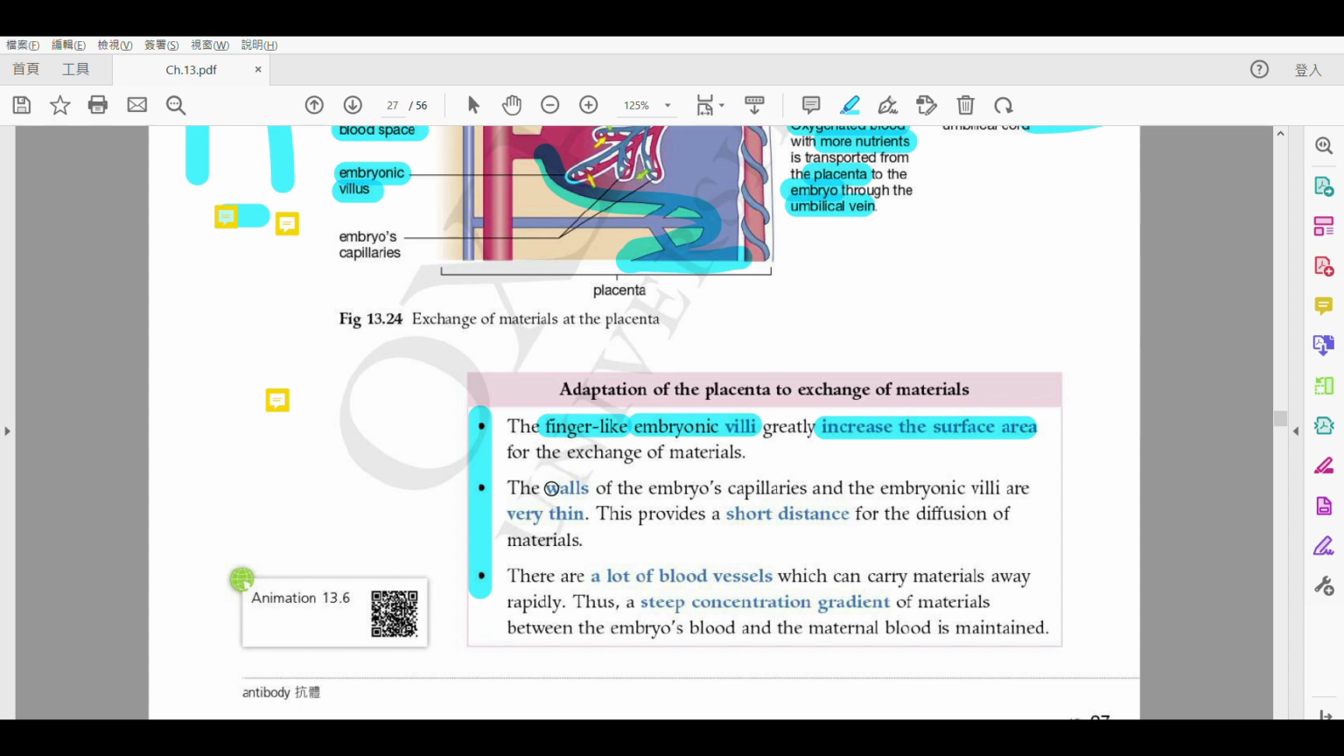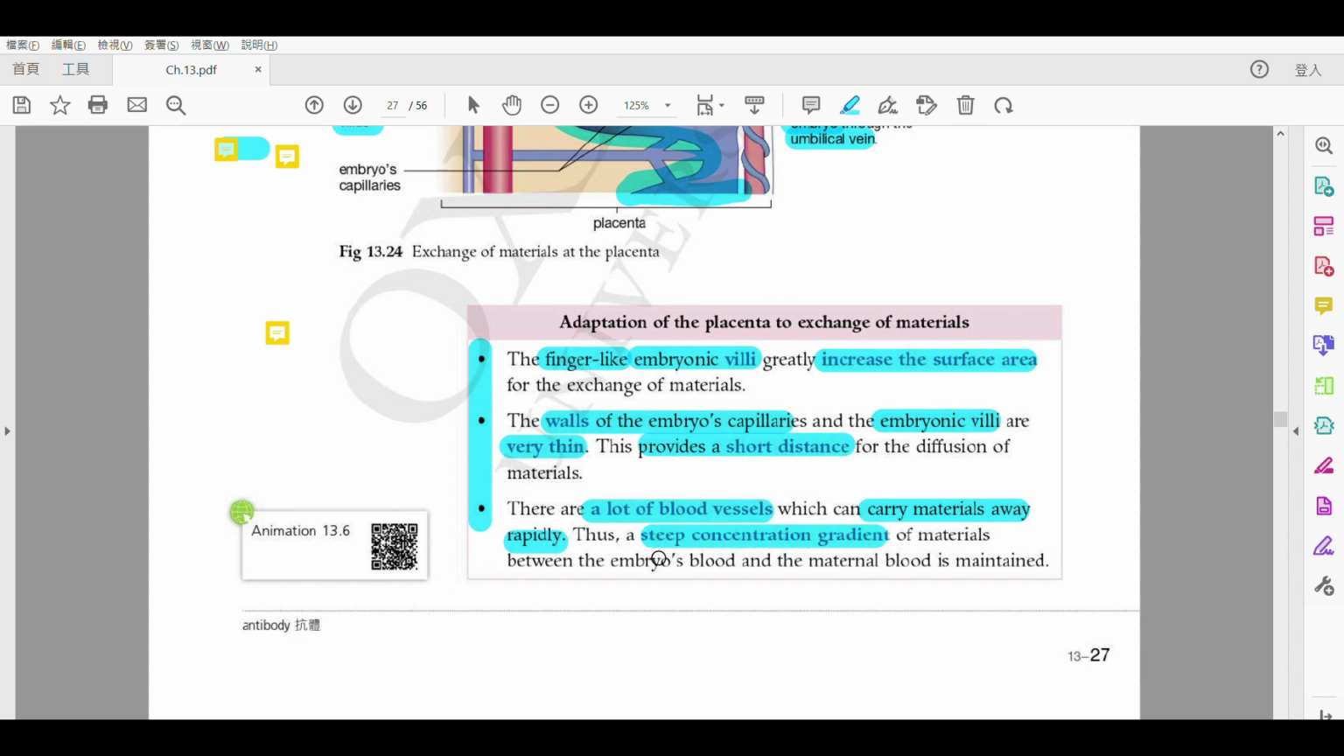Okay? And then the walls， 另外一樣嘢啦，就會講到呢個 walls of 呢個 capillary 啦，同埋呢個 embryonic villi。當然啦，係 thin 定 thick 㗎？They are very thin。原因係啲咩啊？就 provide 一個 short distance。Okay, so up till now, do you think which chapter do you find very familiar of? 係好相似嘅。Okay, and then the last one, there are a lot of blood vessels 係 carrying materials away。係啦，佢會 carry 呢啲嘅 material away 啦，包括呢一個嘅 nutrients 啊，或者係 carbon dioxide 啊。Okay, so since there are a lot of blood vessels that carry materials away， 所以啦就可以 maintain 到 a steep concentration gradient 啦 between 呢個 embryo's blood 啦同埋呢個 maternal blood 嘅。